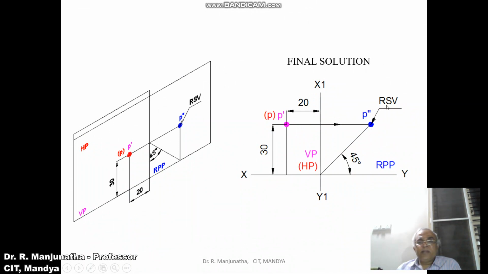Then you draw a 45 degree line adjacent to the top view, wherein you have the 30 distance vertical, and then by using the protractor measure an angle of 45 degrees and draw a thin line. Then draw a horizontal projector from the top view to the 45 degree line, wherein the behind VP distance of 30 mm is transferred into 30 mm in the horizontal direction. So this distance is going to become 30 mm behind VP, and this distance is going to be above HP. So this is going to be the final solution.